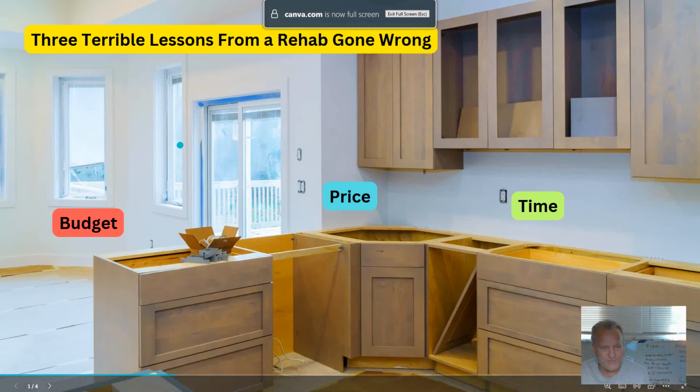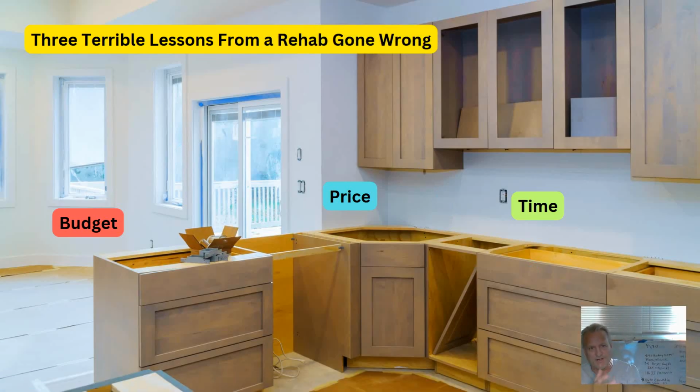Hey guys, I wanted to do a thing because I talked to a lot of investors. There's three terrible lessons from rehab gone wrong: budget, price, and time. Let me explain. So, when you're doing any kind of budget, it has to be the right budget, a rental